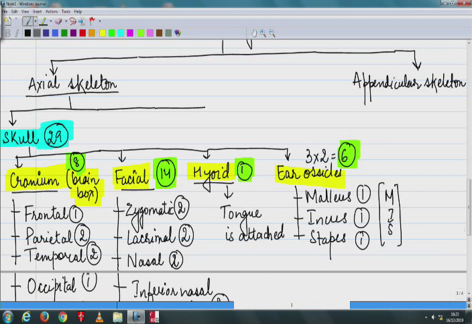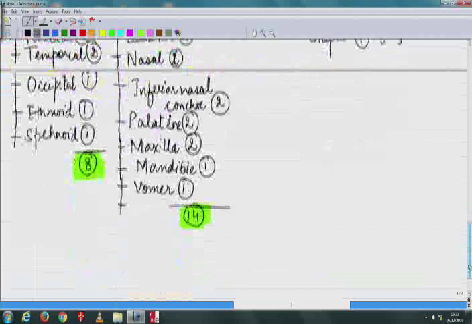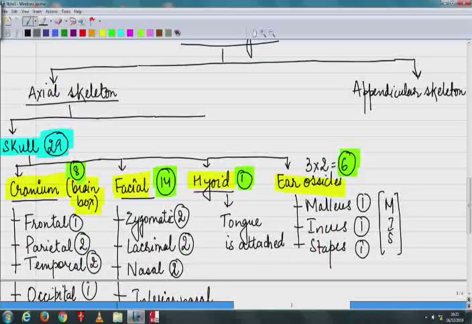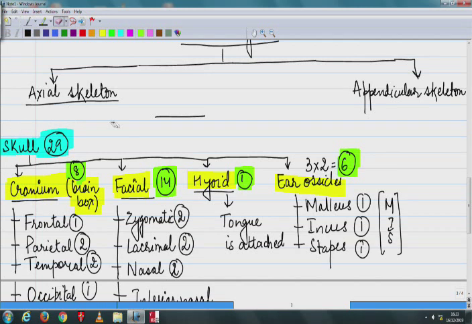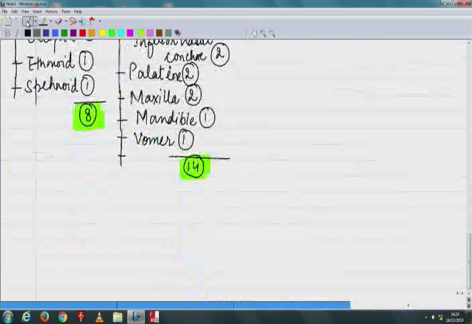Now when we move ahead from our skull section, we will go to the next part of the skeletal system, that comprises the vertebral column. Let me just mark it out in this way. The first part of the axial skeletal system, just use alphabet A to mark the first part, that is the skull section. Now moving ahead from the skull, the second section of the axial skeletal system,